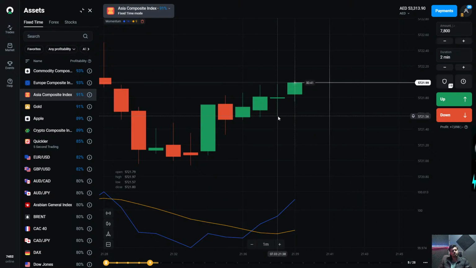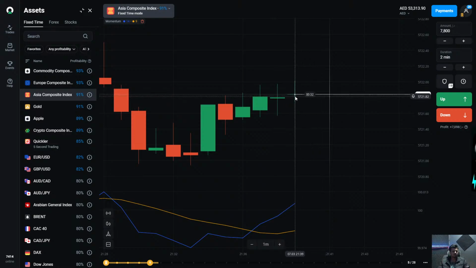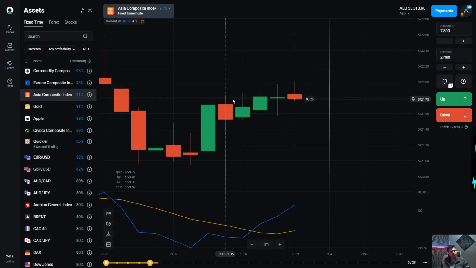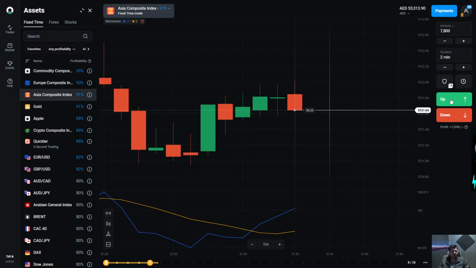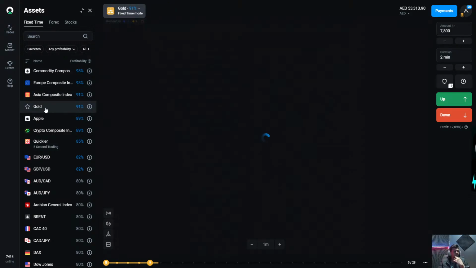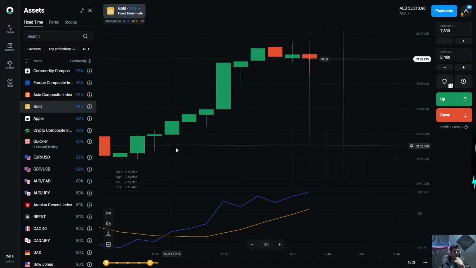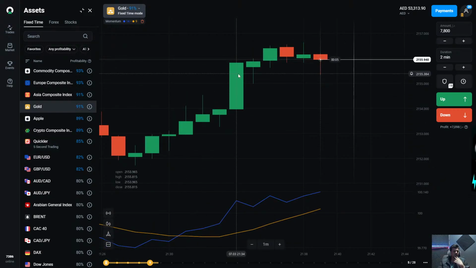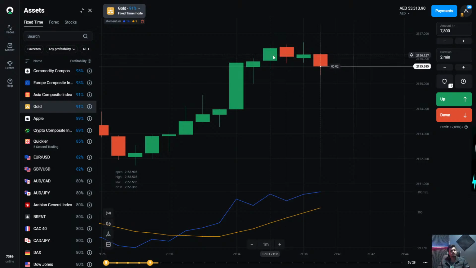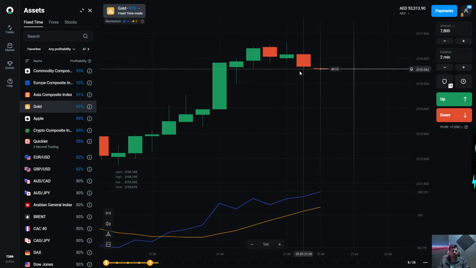If I make a trade from the last 2 minutes, then surely it will give a profitable trade, because it is not trying to move downward. It's just focusing on the upward trade. Here it came down a little bit, but it can go back again upward. Here it came back downward, right? But it will go back again to the upper side. What about the gold? Oh, gold went very upward. Like here I make a trade, and after that for some minutes it just moved upward, and after that it came back downward.